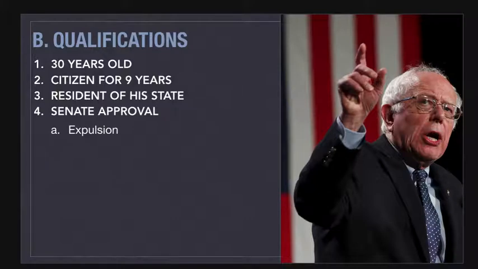Now, it is possible for the Senate to expel a member. You do have to get approval for each one of the newly elected senators. However, it is rare that they will not approve a senator that's been elected by their state. But if a senator is performing poorly or has some misconduct, it requires a 2/3 vote of the members of the Senate to expel somebody out of that body. Up to this date, there have been, I believe it's 15 that have been expelled in our Senate's history.